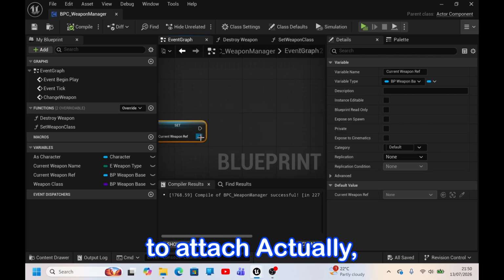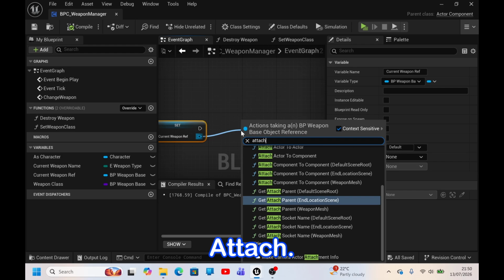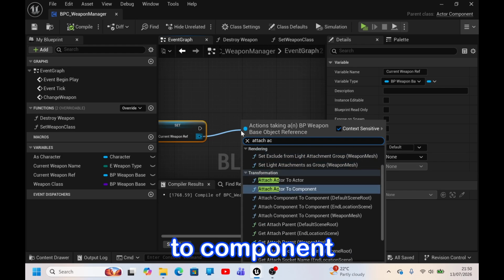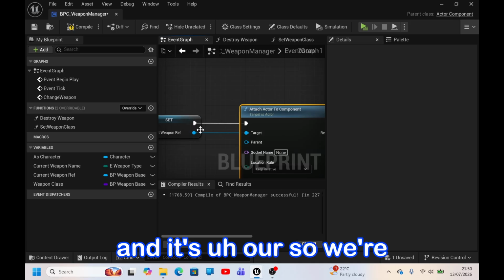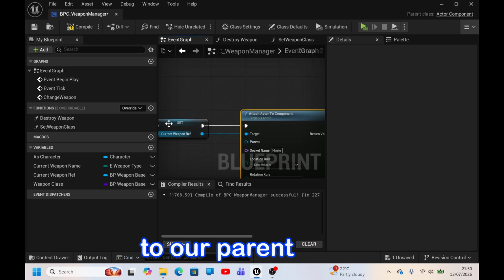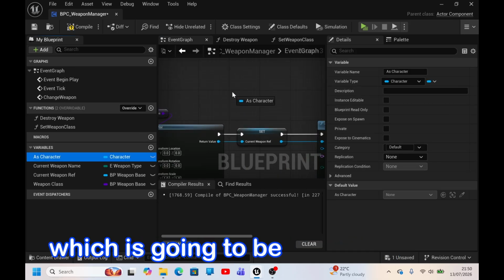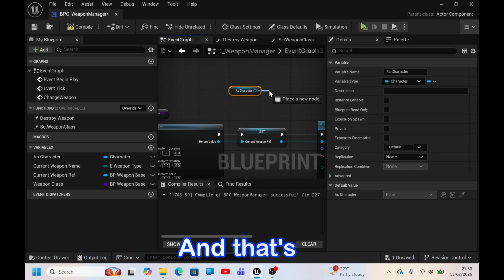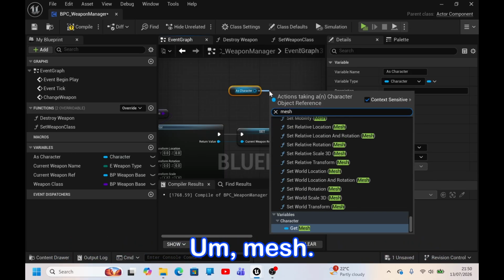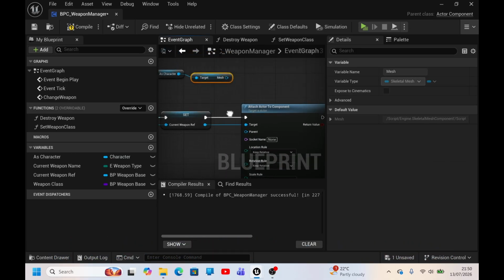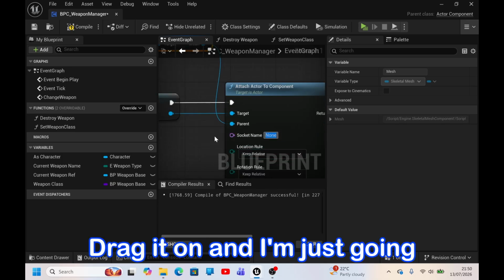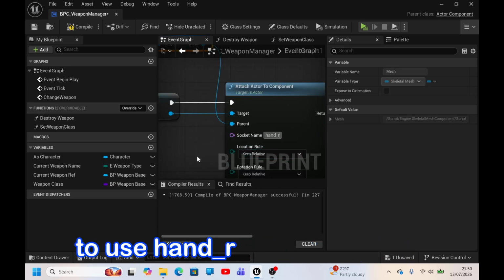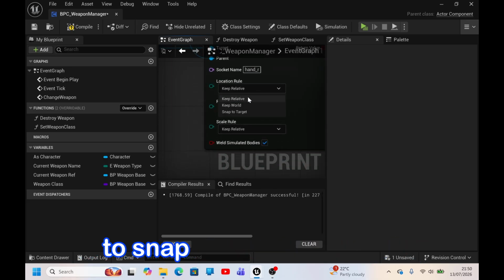attach. Actually, I'm going to drag off this. Attach actor to component. We're going to attach the weapon to our parent mesh, which is going to be our character, and get its mesh. Then drag it on, and I'm just going to use hand R, and we're going to snap to target